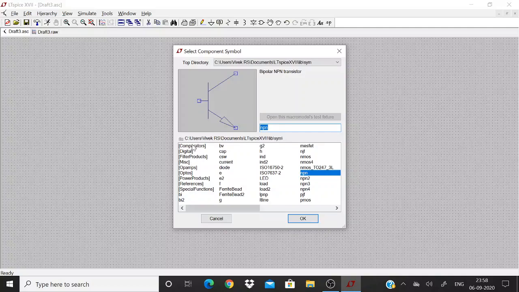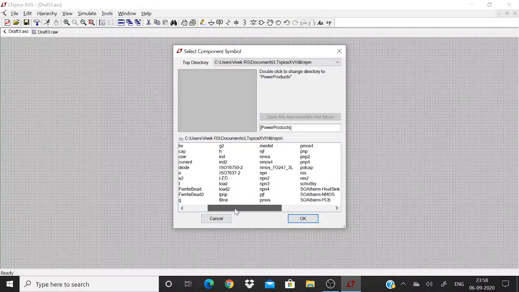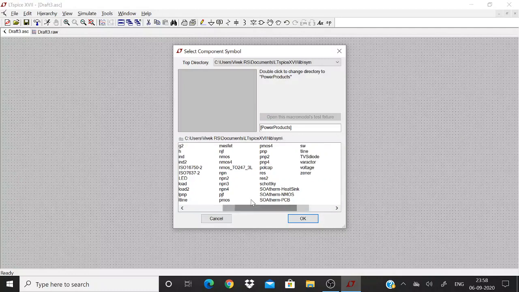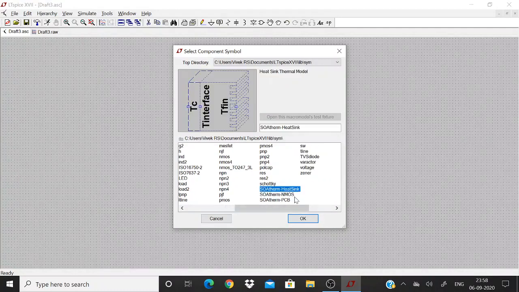The components will be listed, including comparators, digital products, filter products, miscellaneous components, op-amps, optocouplers, power products, some different diodes, Schottky diodes, heat sinks. Even for a heat sink, there is an LT-Spice model. All these things you can select.